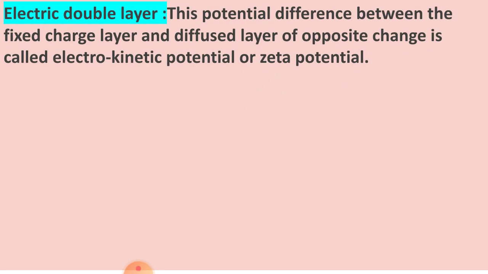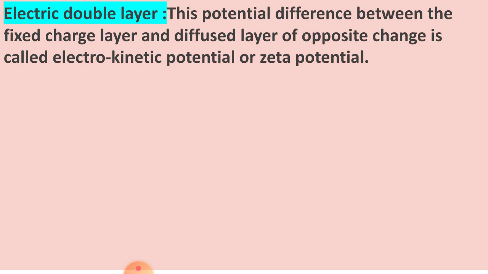Now dear students, the electrical double layer. Basically this is also known as the Helmholtz electrical double layer. As I told you, the surface of colloidal particles acquires a positive or negative charge by selective adsorption of ions carrying positive or negative charge respectively. Now the charged layer attracts counter ions from the medium, which form a second layer. Thus an electrical double layer is formed on the surface of particles. That is, one due to adsorbed ions and the other due to oppositely charged ions forming a diffuse layer.